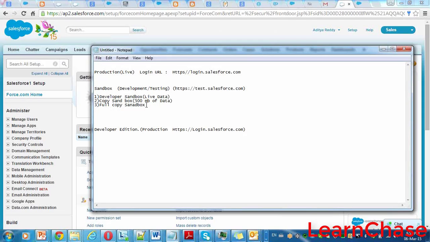The full copy sandbox has complete data of live. Complete live data. Normally, we use the developer sandbox for development.